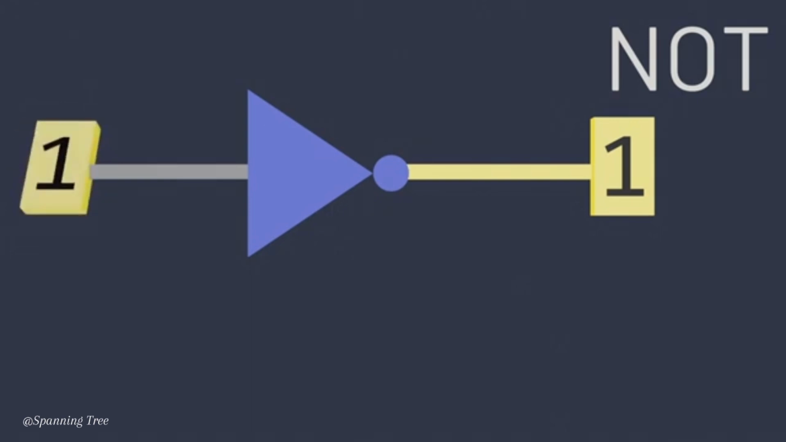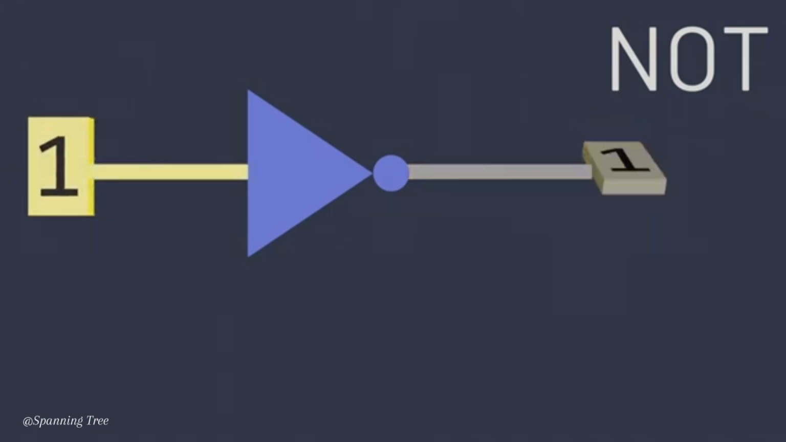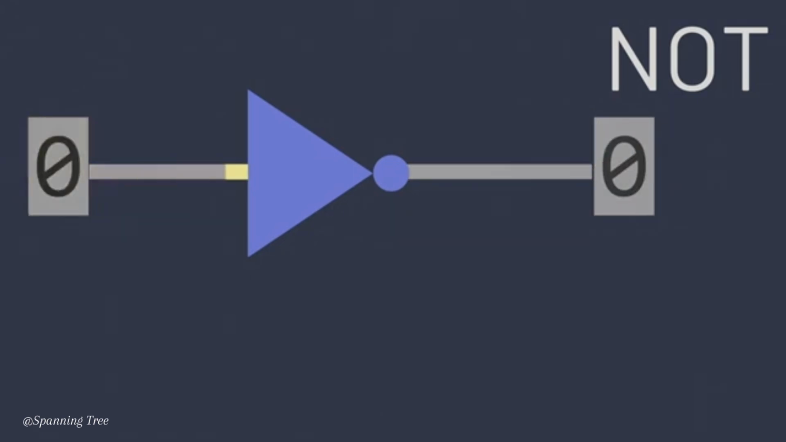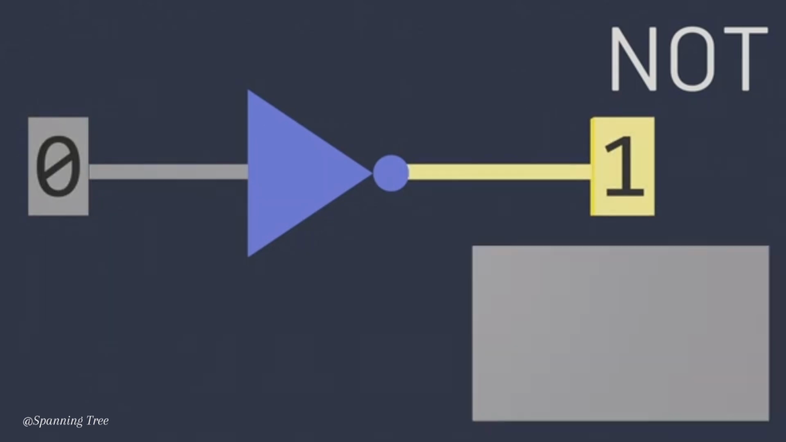If the input is a 1, then the NOT gate outputs a 0. If the input is a 0, then the NOT gate outputs a 1. To represent the logical rule this gate obeys, we can draw a truth table, which is just a way of writing down the rules for some logical formula. This table says that if the input is 0, then the output is 1, and if the input is 1,